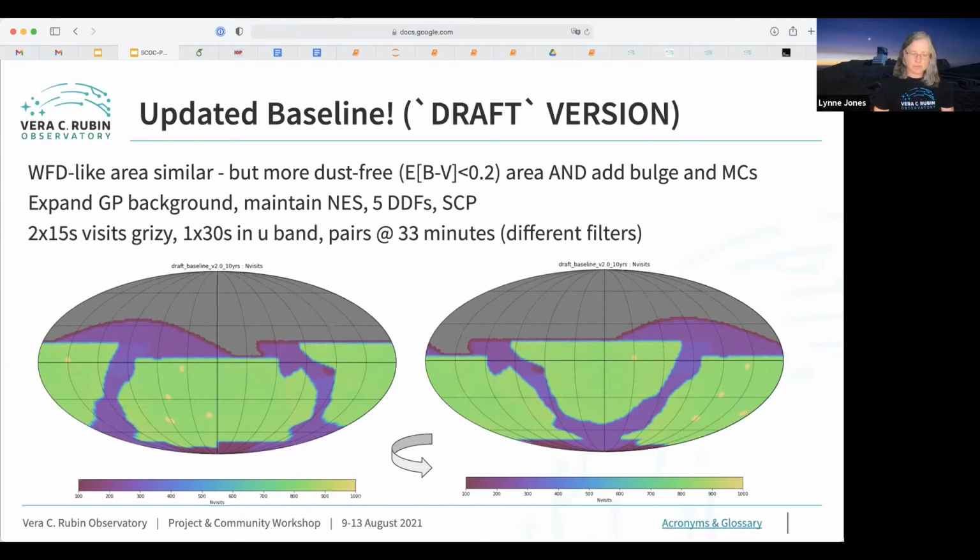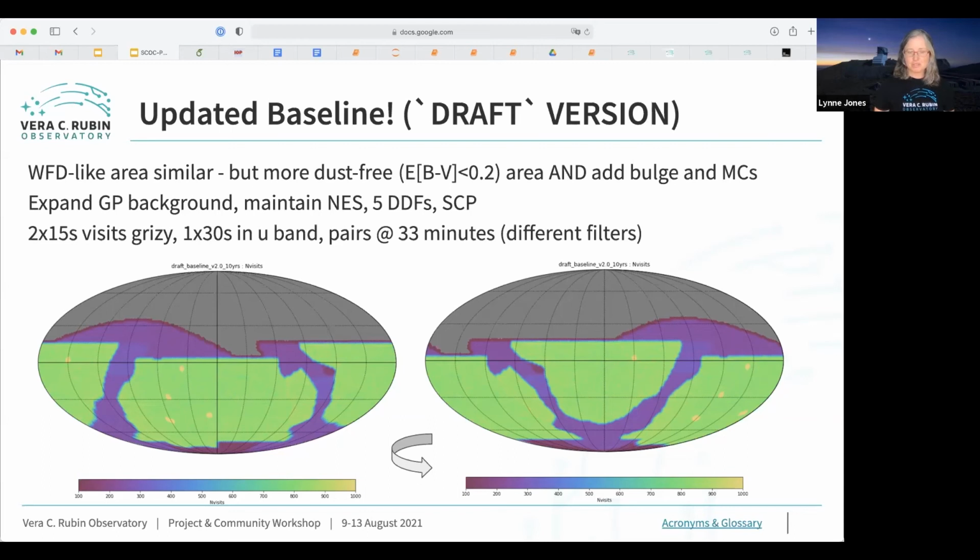But it's hard because we're also trying to get this very uniform coverage to at least that many visits over the whole sky. So I think this is one of the questions, right? This is one of the questions we're looking at in that variation family: what if you put more visits in the NES? But yeah, this is how much time we have available once you cover the